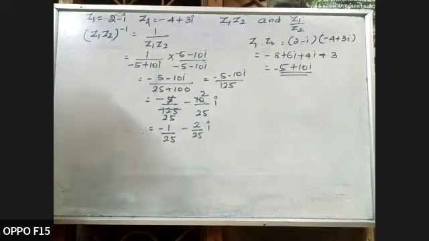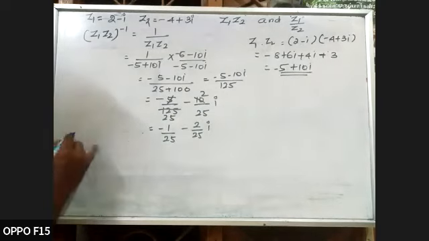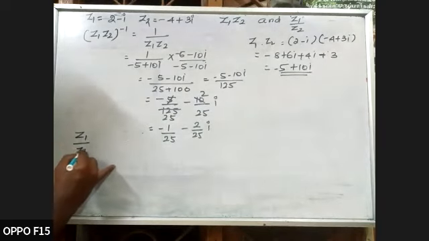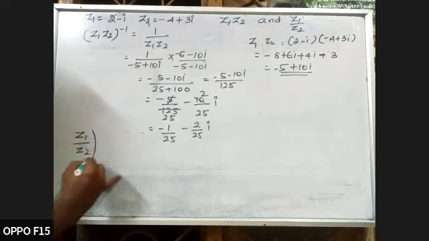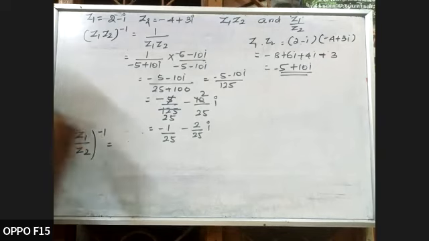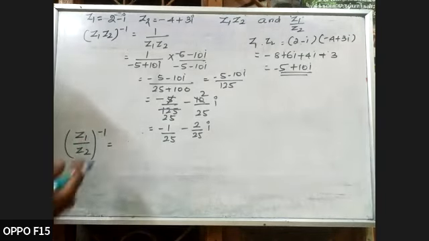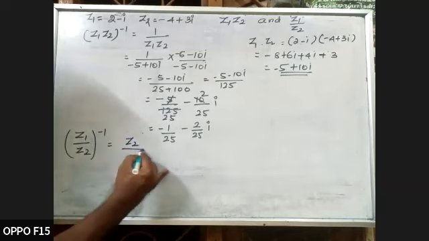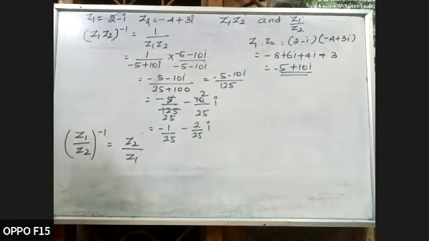Please take down. Next there is another one, the inverse of Z1 by Z2. Z1 by Z2, the whole inverse. The meaning of this is that the inverse simply turns upside down, so it becomes Z2 by Z1. That is, 1 by Z1 by Z2. When we take the reciprocal, Z2 by Z1 is equal to Z2